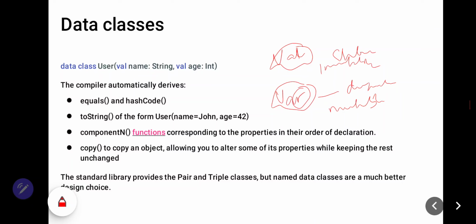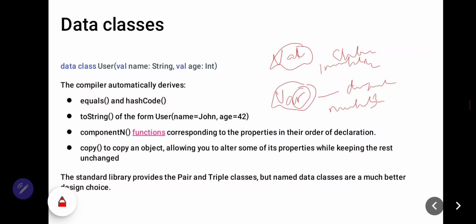Okay, I repeat again. For val, you cannot change after you get the value. But for var, you still can change after you get the value.